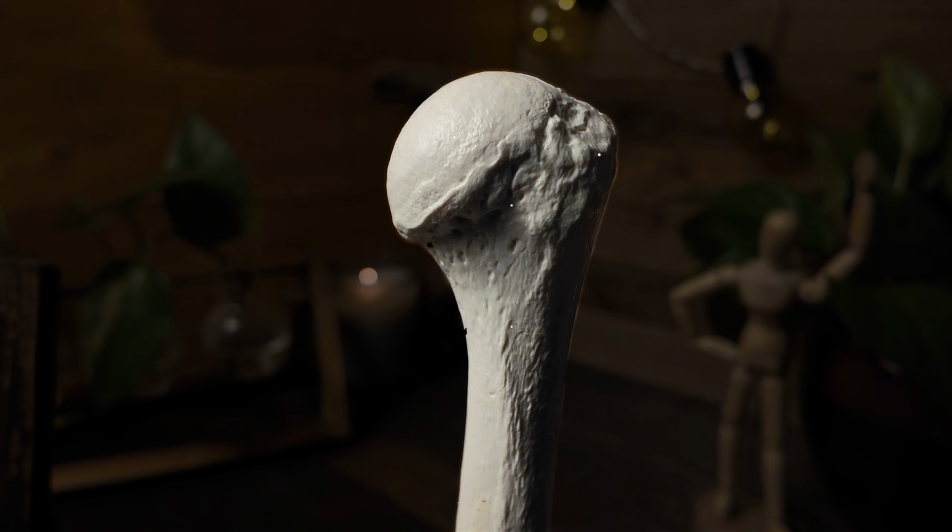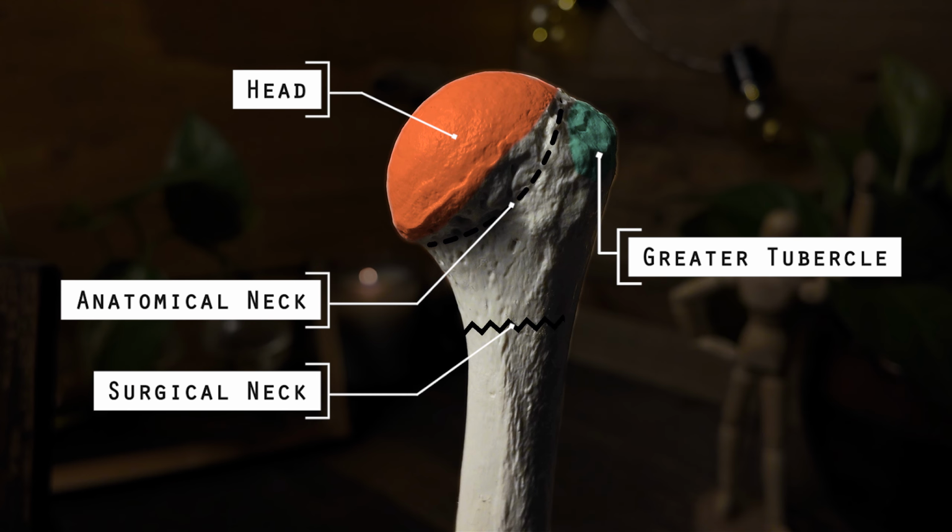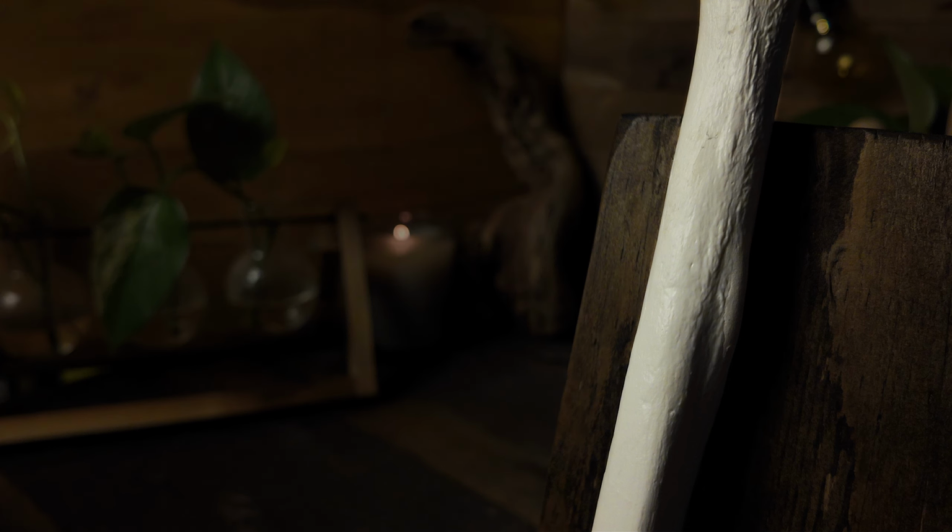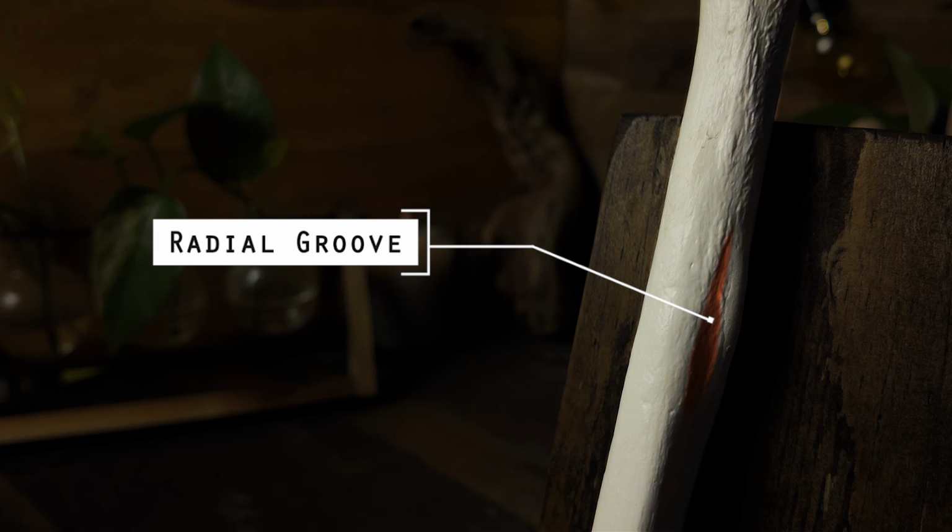Now, from this view, and we'll start with the upper portion here, we can see those same structures that we saw previously from the anterior view. The only structures we can't see from this view is the intertubercular groove and the lesser tubercle. And on the shaft of the humerus, we have a new structure called the radial groove, which is difficult to see on this model, but it is a thin groove that moves down the upper portion of the humerus shaft,